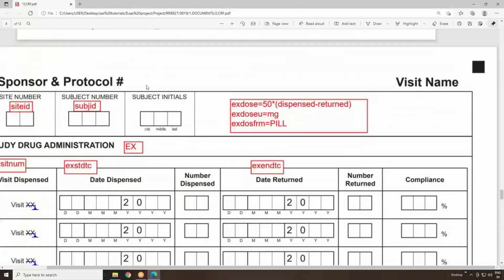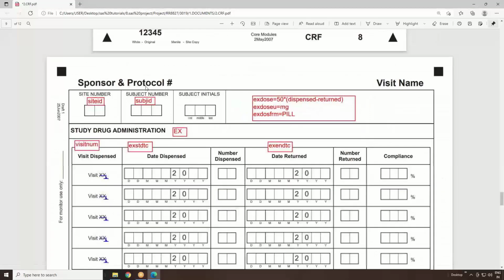And there is one more data set you can see here called dose administration. That is your dosage data set. ADEX is the data set name, the exposure data set. It shows how the exposure is: when the patient came to the visit, if it is visit 1, on what date, and how many pills or tablets were given. Suppose we asked a patient to take around 20 pills, but the patient consumed only 10,